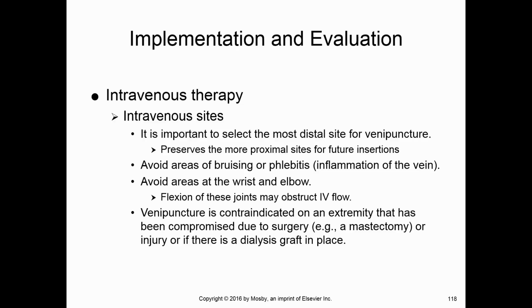If you use those veins for a few days and it's time to change your IV, you can go down the arm a little bit, below the wrist, and use that site for a few days, and then go up the forearm and use that site for a few days, and so forth and so on. If you start midway up the forearm or in the antecubital spot and use those veins, then anything below those veins or going towards the fingers will not ever be an option for you. Well, I don't want to say never, but